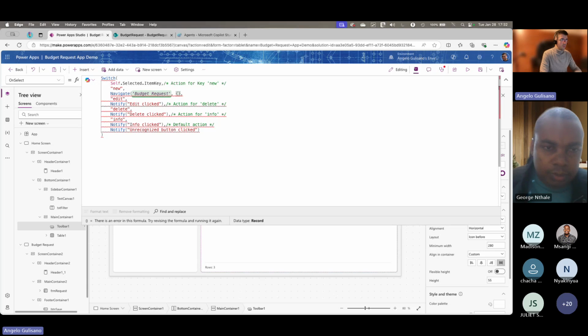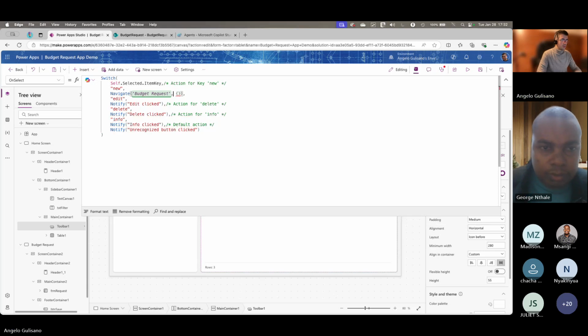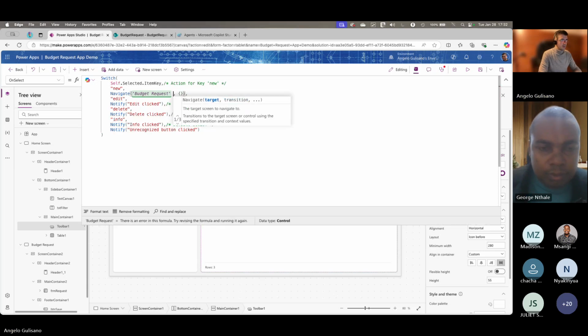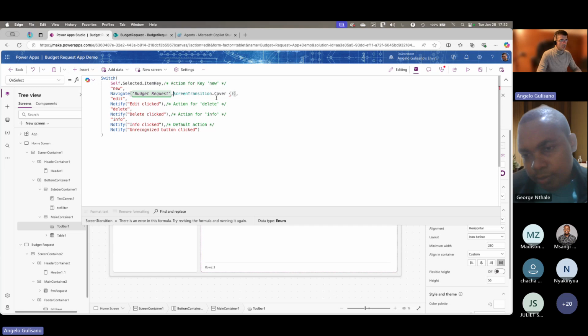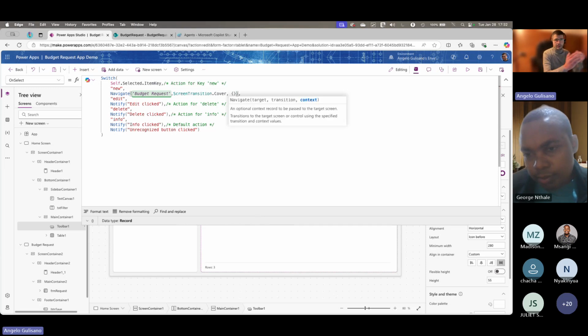So I'm going to use the transition, and the second parameter is transition. You can use what you want, is a graphical transition, and third parameter is context. In the context, we can pass variable from home screen and budget screen.